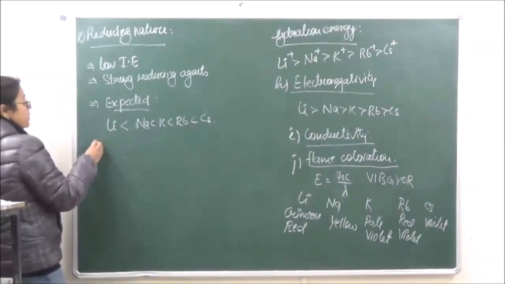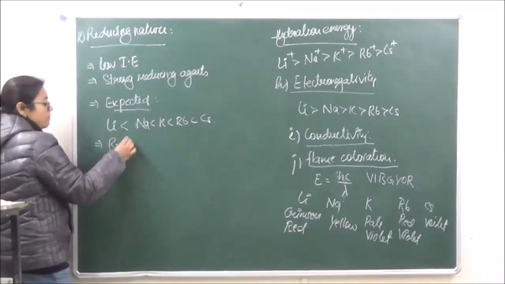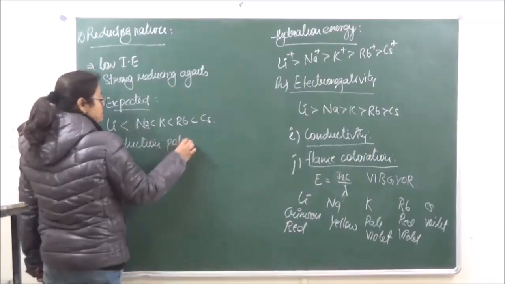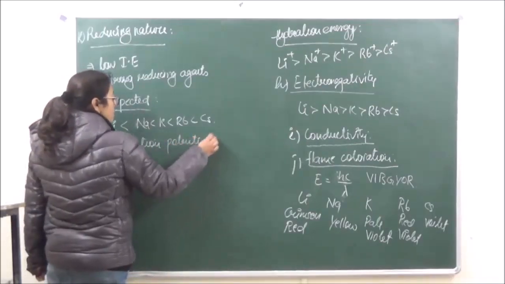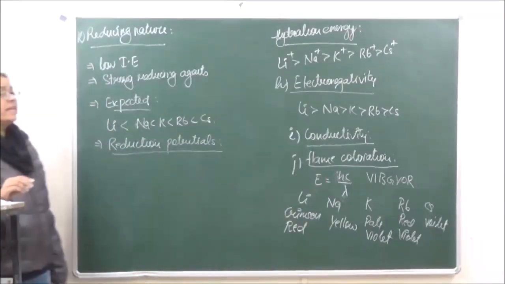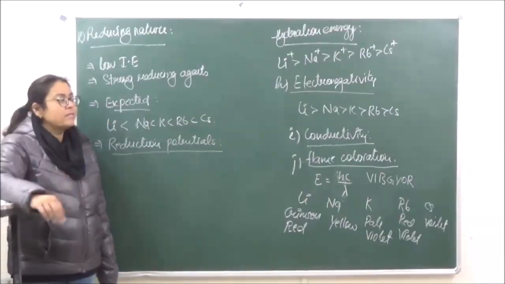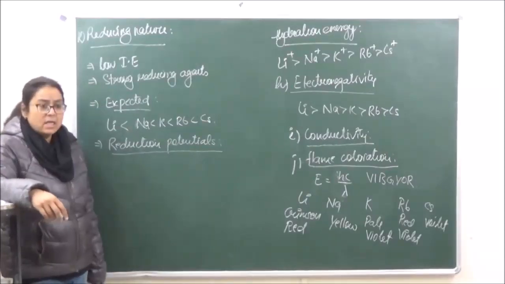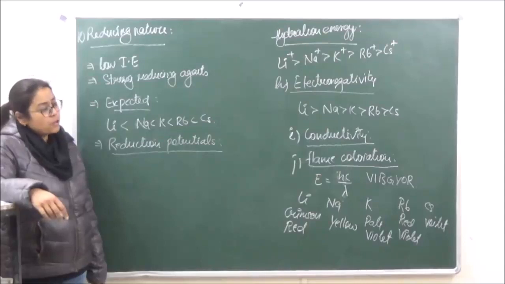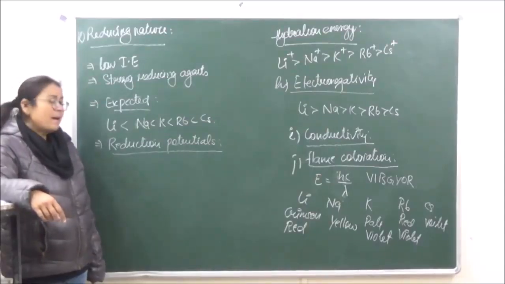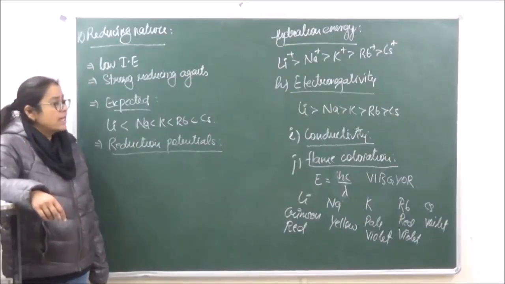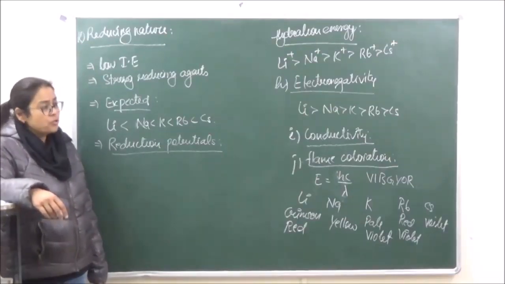Let's see. When we are talking of the values of reduction potentials, the reduction potential value is derived on the ease with which it is reducing other elements and itself getting oxidized. Oxidation means to lose an electron, and losing of electron will depend upon the ionization energy. So cesium, having the lowest value of ionization energy, should lose the electron most easily, and hence it should behave as the best reducing agent.